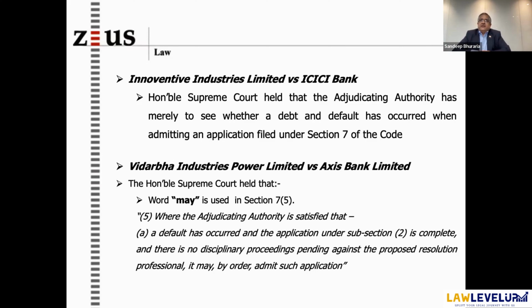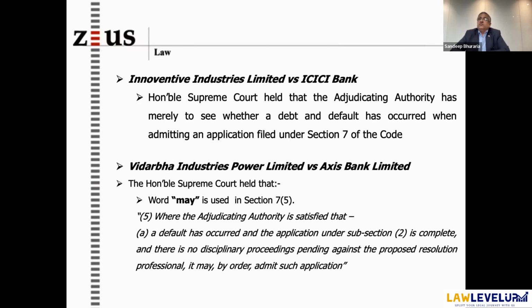may, which means that under a Section 7 petition, the adjudicating authority merely does not have to see a debt or a default. The word used is may. I'll just read that provision. Where the adjudicating authority is satisfied that the default has occurred and the application under subsection 2 is complete and there are no disciplinary proceedings pending against the proposed resolution professional, it may by an order admit such petition